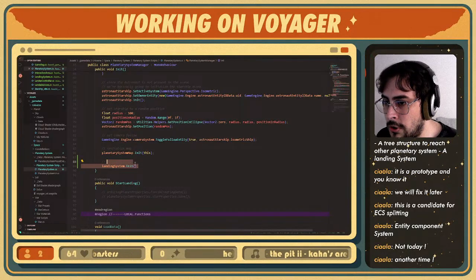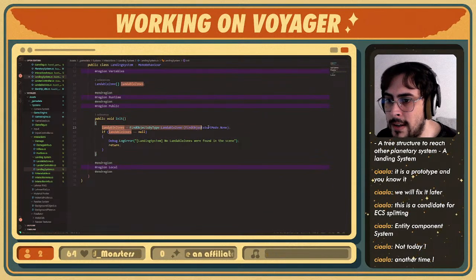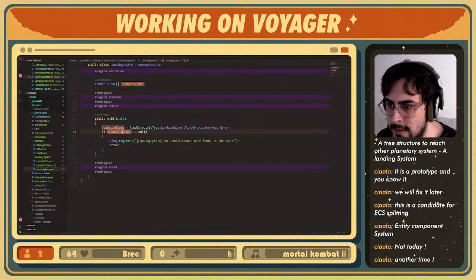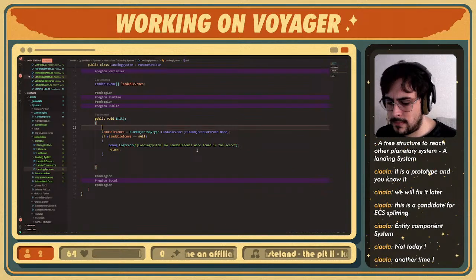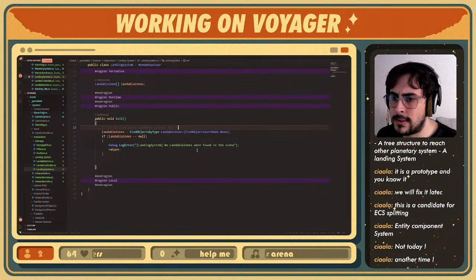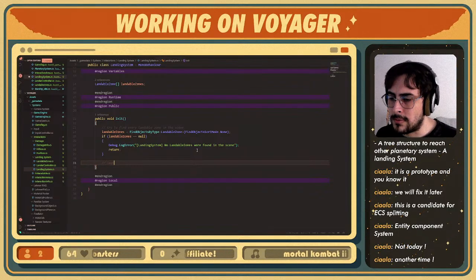Now we should be able to initialize landing system, which is what we did. Here under initialize, we're going to find every landable zone. If we don't find any, that means landable zones is null. Then we return and throw this error, which is really good. Now I should add a comment: try to find every landable zone in this scene. Okay, that's perfect. Now the other thing we need to do is subscribe